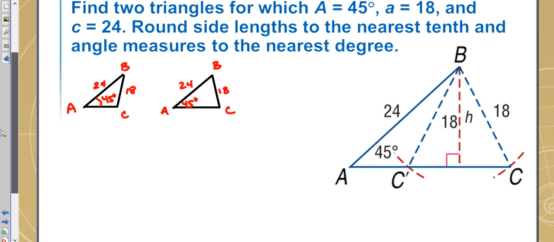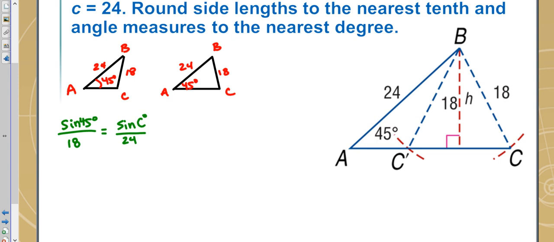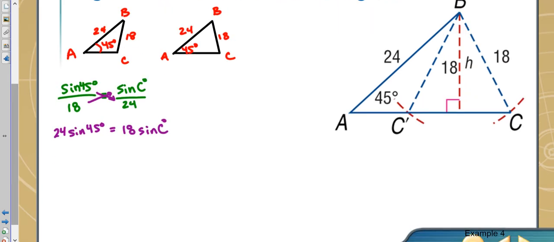So how do we do so is a good question to begin with. So let's start with our normal sine rules. If I have a completed set, which I do, I have that sine of 45 degrees over 18. That's a completed set. Could solve for anything else. Now, I'll look for this angle C. So I'll say that's equal to sine of angle C here in degrees over 24. And by the way, we would start the same way for this triangle. So what's my first step? Well, I want to cross multiply and divide. So I'll have 24 sine of 45 degrees equals 18 sine of C. Now I'm still trying to get C by itself, so the first thing I do is I divide out this 18, which will leave me this,